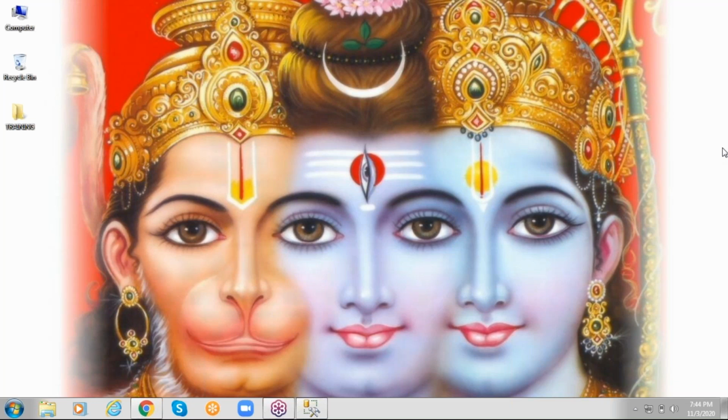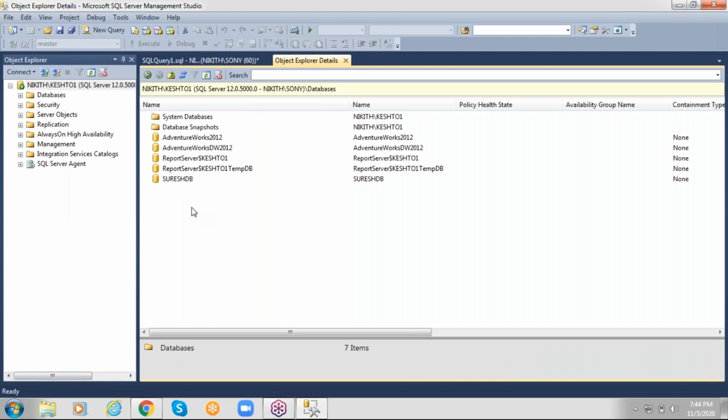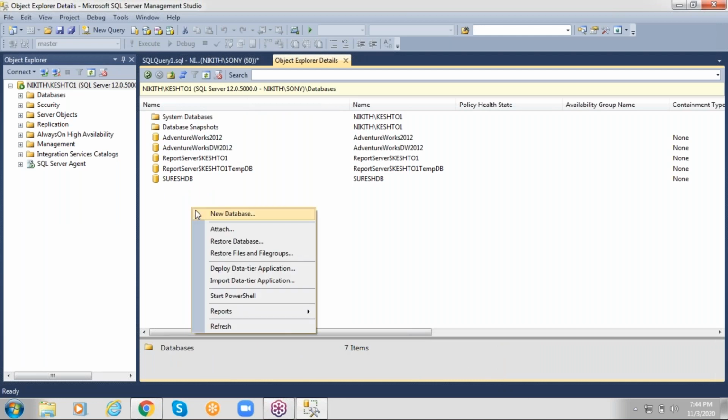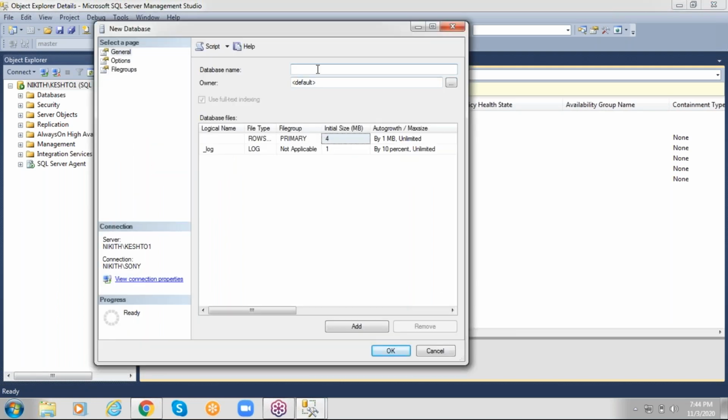So now coming to the next scenario. How to create a new database? Go to databases, right click, new database. Here we have to provide the database name. Suppose I am giving my database name as SurajDB1.